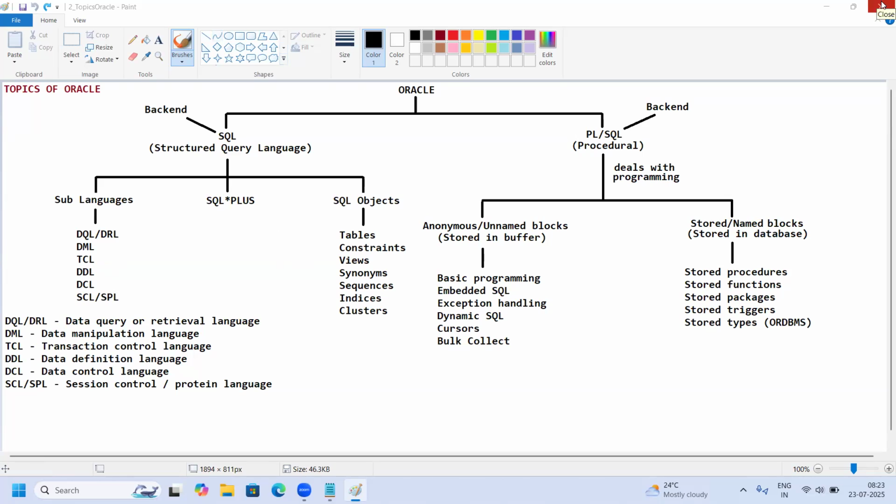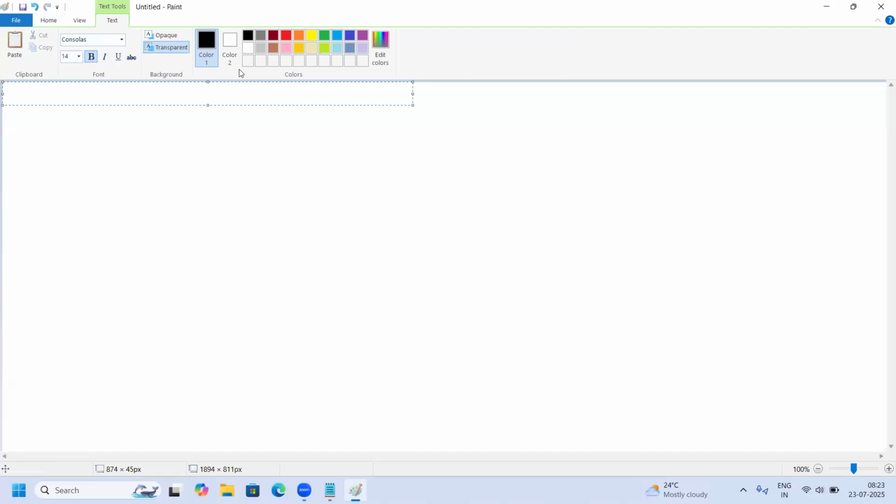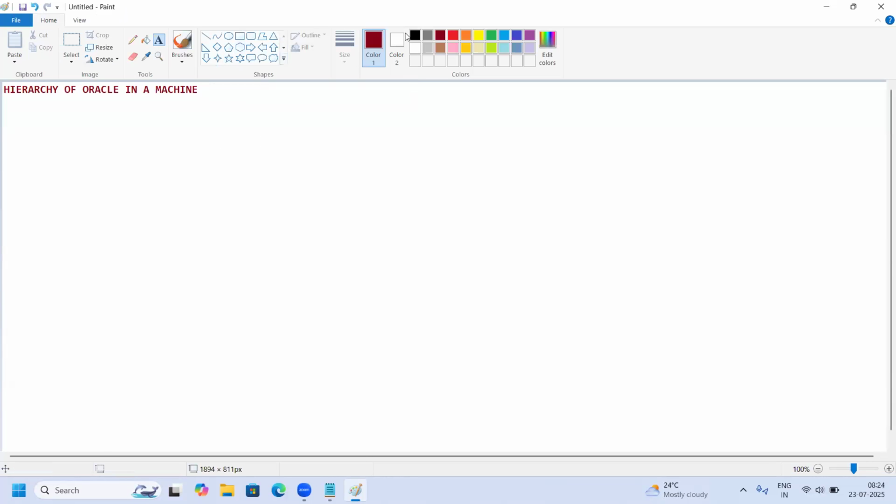So yesterday we discussed these topics of Oracle. Today, what we are going to study is very important for understanding the working or hierarchy of Oracle in a machine. So let's make that complete hierarchy today. Hierarchy of Oracle in a machine. Now, in this hierarchy,